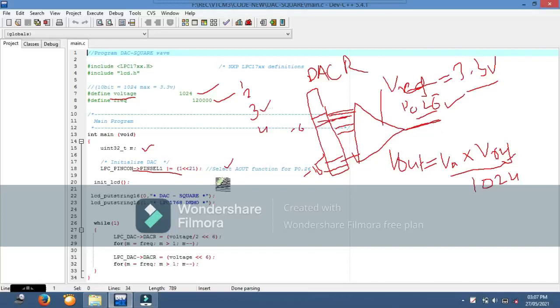To perform the third function, there are several pin select registers available.